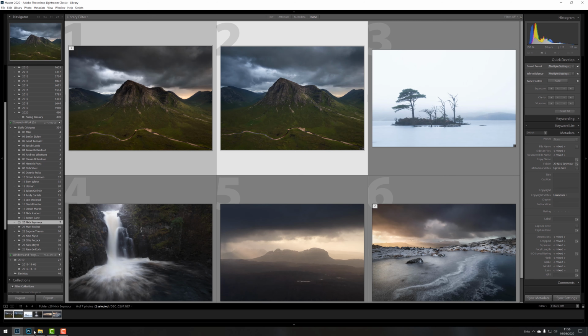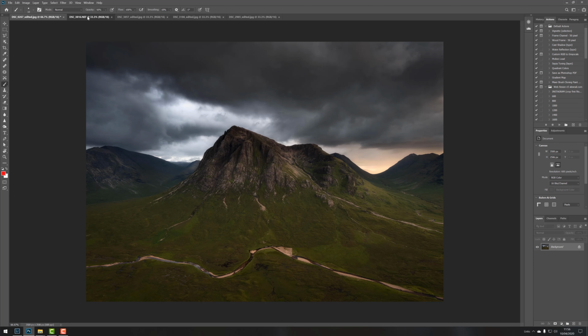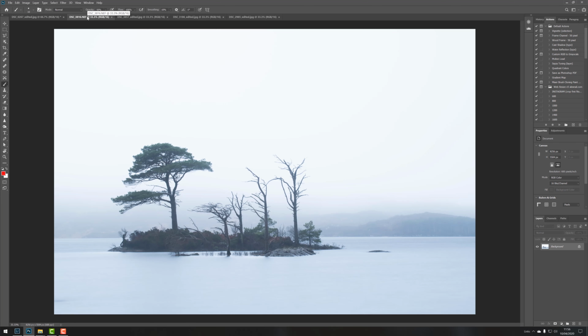So if we go on to this second image, a lovely line of trees here on one of the islands on Loch Assynt, I believe. I haven't actually photographed these islands myself, although I've driven past them a gazillion times. I've actually seen quite a few of these images, and they're lovely minimalist scenes,